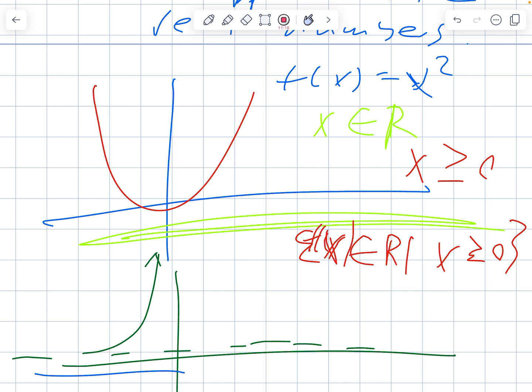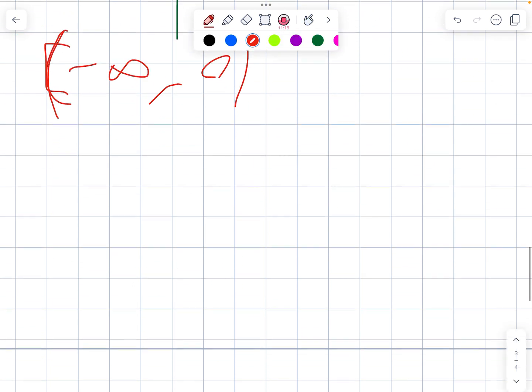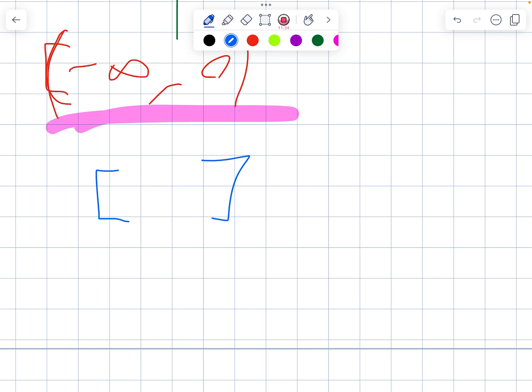Anyways, the whole point of this video is to introduce to you set notation. Set notation is a way of grouping numbers together in a convenient way. And so for interval notation, we have a few different examples. We have the two square brackets, the two curved brackets, and we have one of each. Really quickly,